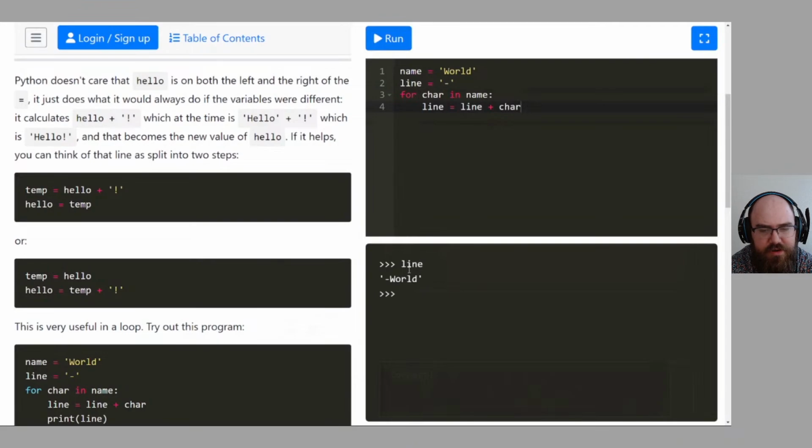So let's see what line is. Right, dash world. You know what just happened? I had a brain fart where I thought the loop would happen without a print expression. You mean you thought the loop might not happen without a print expression? No, I thought there would be an output without the print.